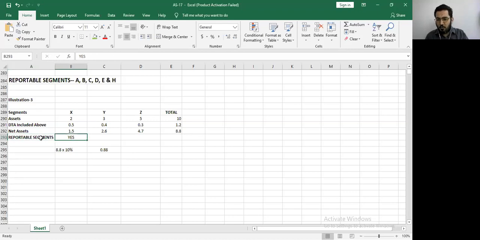Okay, what about segment Y? Is segment Y reportable? Yes. Okay, finally, what about segment Z? Is segment Z reportable? Again, yes. Segment Z is reportable. Why? Because it satisfies the 10% criteria, which means